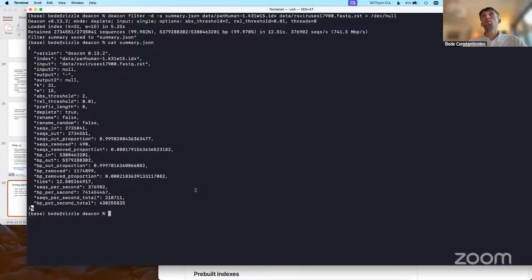What you can do is create a named pipe to read from many files in a directory. I recently added support for that. But by default, you can't just give it a directory of FASTQ files. If there's a use case where that would really help you, I'm very happy to think about it. Please do send me an email or open a GitHub issue.